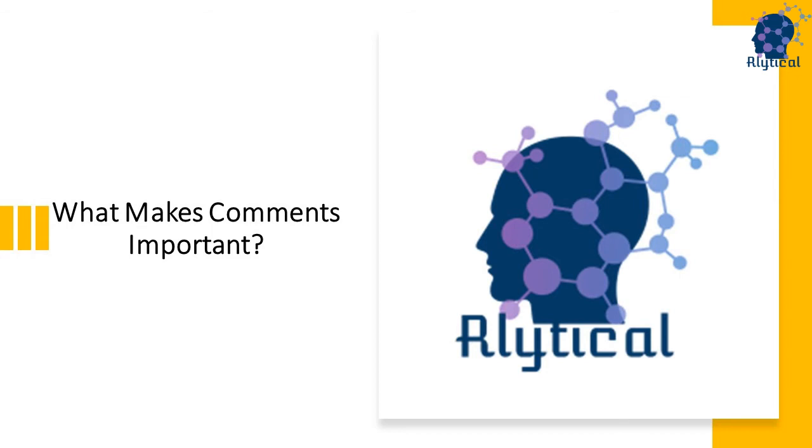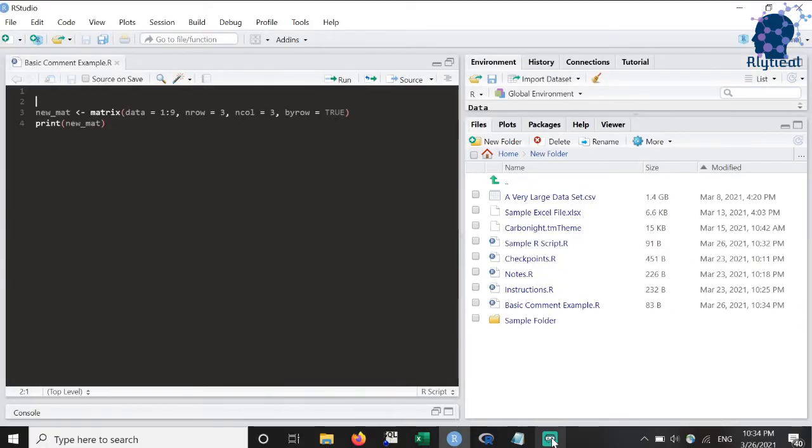In the script that you see, we are building a 3x3 matrix using the first 9 positive integers and then printing the results. Now a new user will have to go through the 2 lines to understand what's exactly going on, and that might not be a very sizable task because it's just 2 lines. But imagine if this script had more than 100 or more than 1000 lines. Then as you would have guessed, it will be a mammoth of a task to figure out what exactly the script is designed for. And this is where comments come into light.